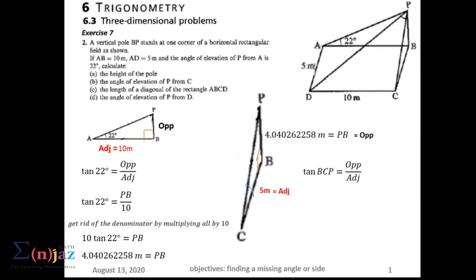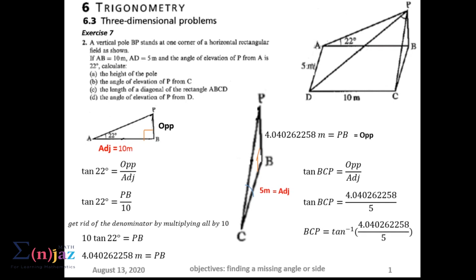So, tan BCP is equal to opposite over adjacent. Let's substitute in the equation. So, tan of the unknown angle is equal to 4.04 over 5. Now, use the calculator to say the unknown angle is equal to tan inverse. How do you put tan inverse in the calculator? You press shift and tan, and a bracket will open,